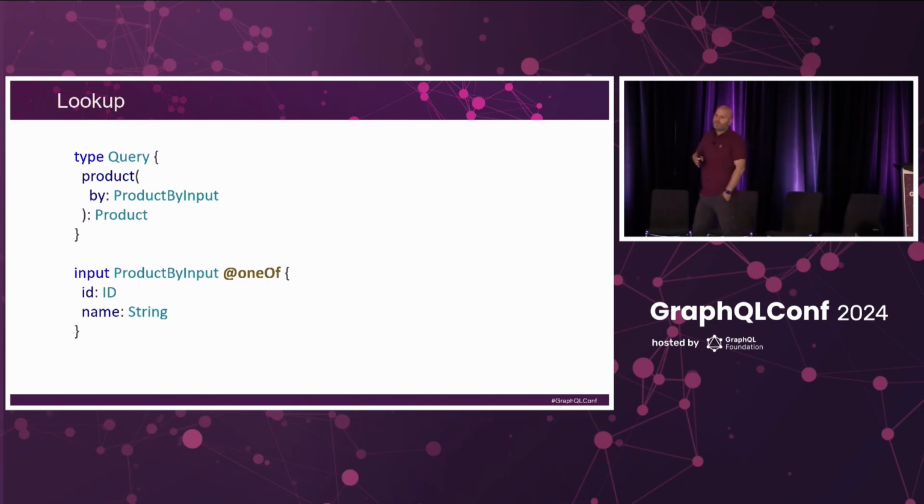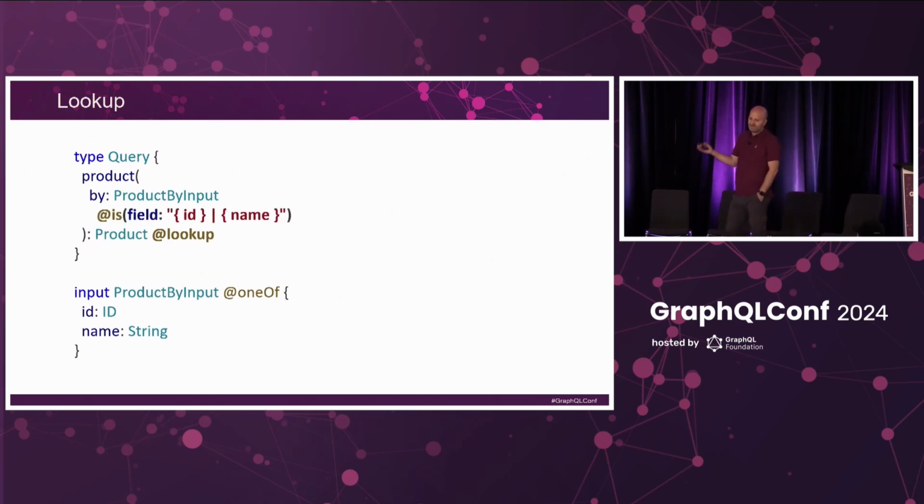The one-of pattern allows us now to introduce finder input types. And finder input types are basically structural unions on the input side, something that a lot of you in the community have been yearning for years to have. So a one-of driven lookup field is also just a lookup, right? The difference here is that it has more semantics. And that is where we give semantics now with the new is directive and the new field selection map syntax.